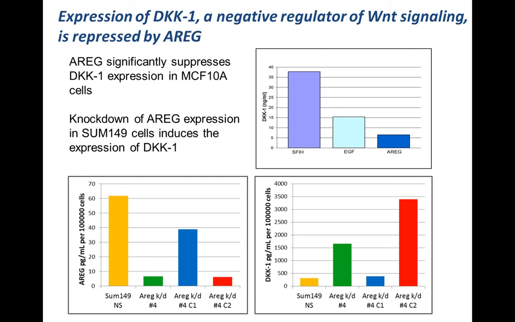And when we started to knock down amphiregulin, DKK1 levels started going up. So here we knock down AREG, here's DKK1. In this particular clone, AREG is low, DKK1's really high. And this one is sort of in the middle, where we didn't get very good knockdown of AREG, and not much happened at the level of DKK1. So we have these three or four sublines where we know something about their ability to make amphiregulin and their ability to make DKK1.